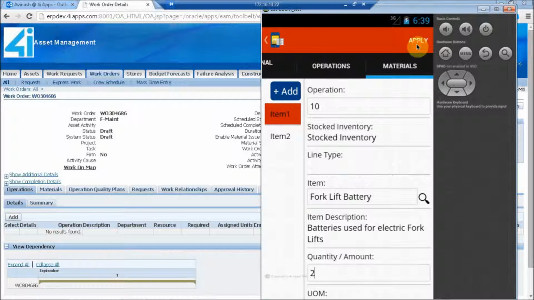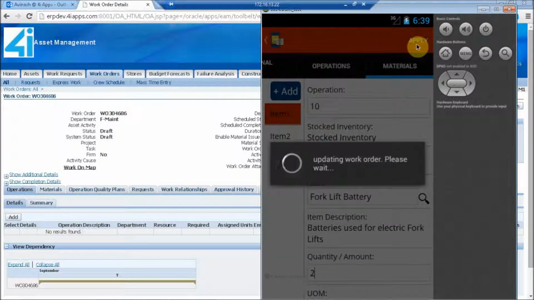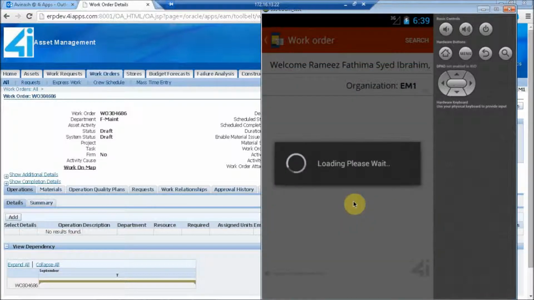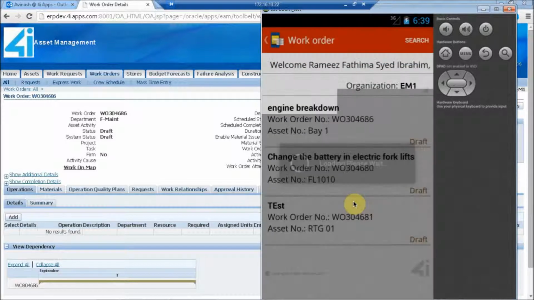Click on apply. So now we are posting these updated details to the EBS. It's updated. We can see the status we have updated through the list here.